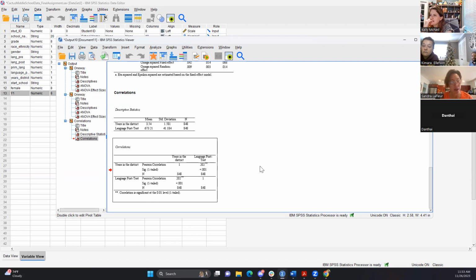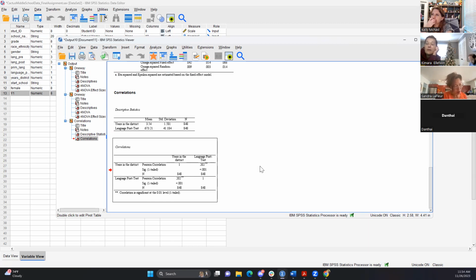How can you have something that is weak? It's all like your level of confidence that you could say it's correlated, right? So moderate would say it does appear that there is some correlation between years in district and performance on the scores. There may be some other factors as well because it's not as strong as we would like, but it does appear that there is some influence there. I would think that's what we could say. I just don't understand then the significance though. Maybe we're not supposed to look at the significance.